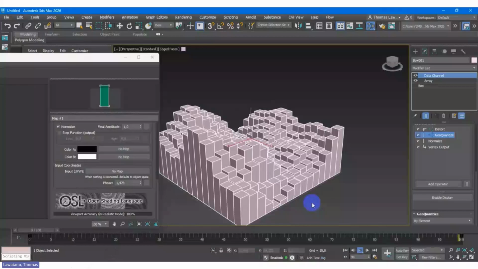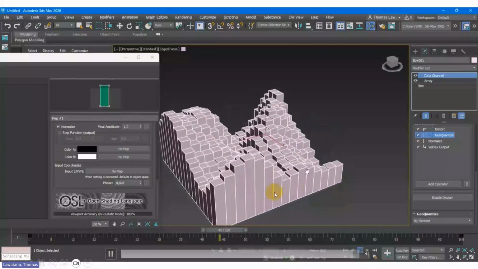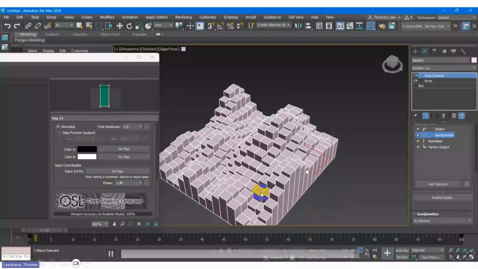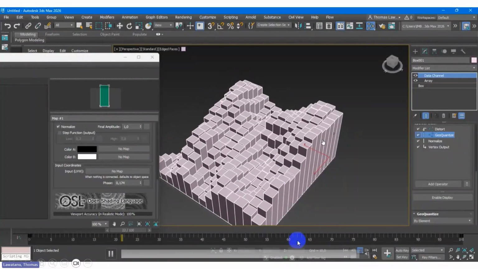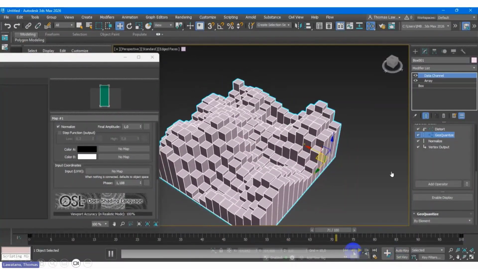You can play around, right? So you can combine and mix inside the data channel modifier. So this is the way to create some graphical animations with this data channel modifier.